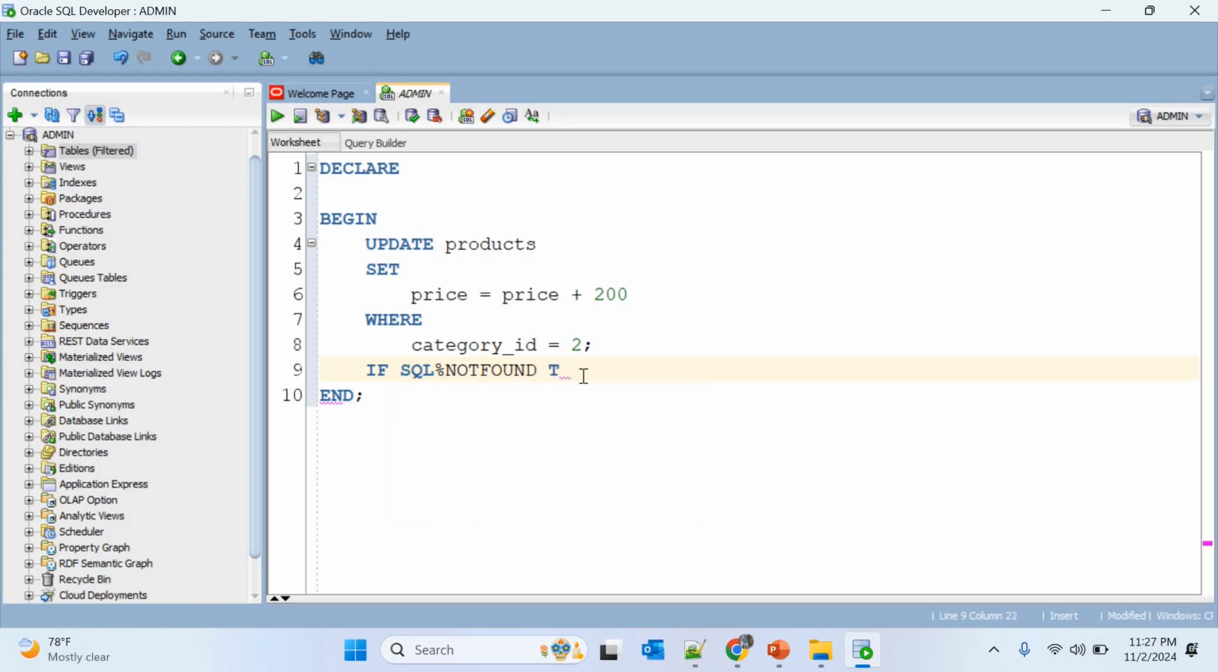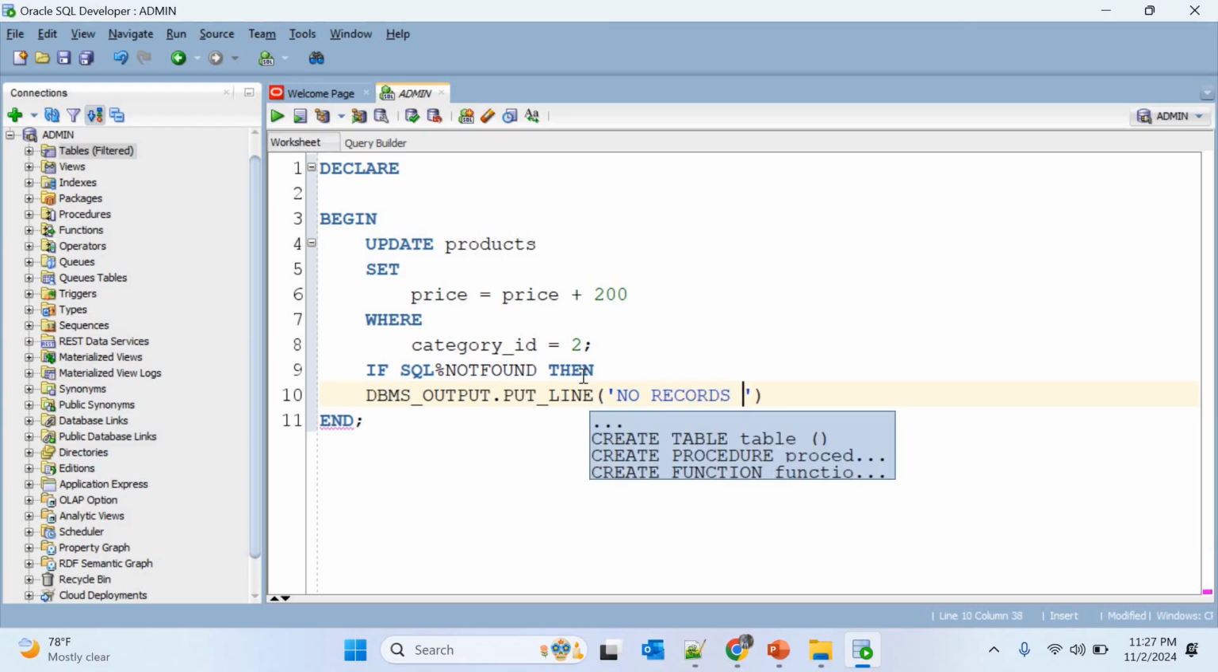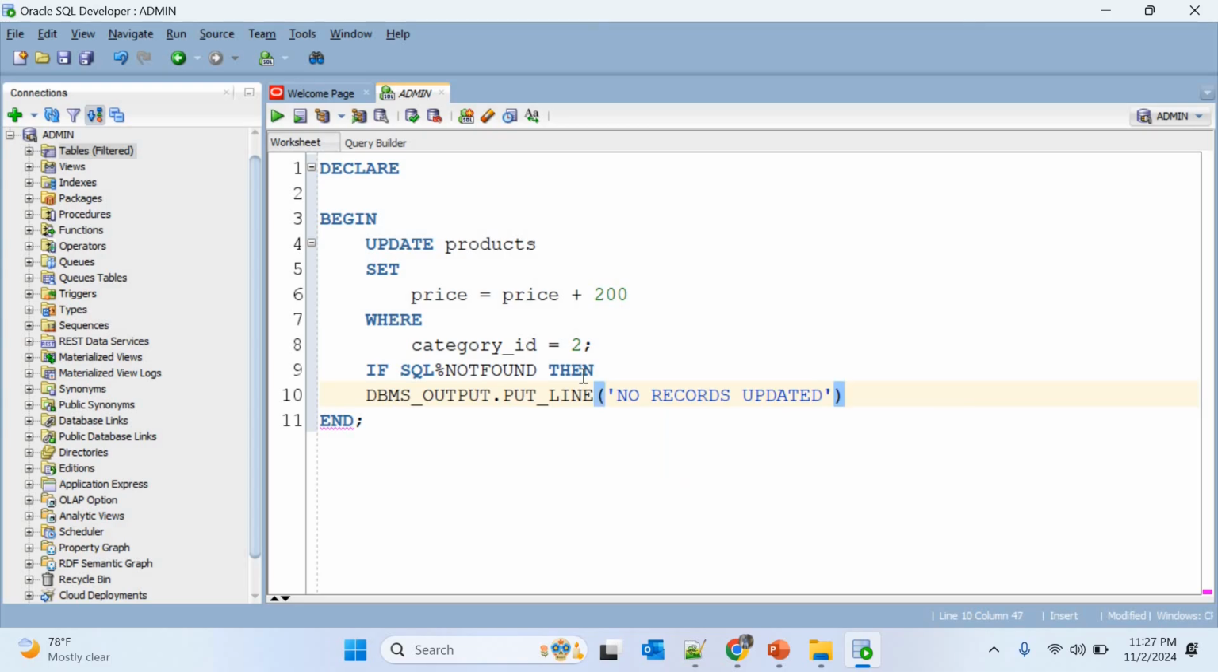So I'll write if SQL%NOTFOUND, then DBMS_OUTPUT.PUT_LINE 'no records found' or 'no records updated', because when there are no records to be updated, then NOTFOUND will be true, and if some records are updated, then SQL%FOUND will return true. So I'll write else if SQL%FOUND,